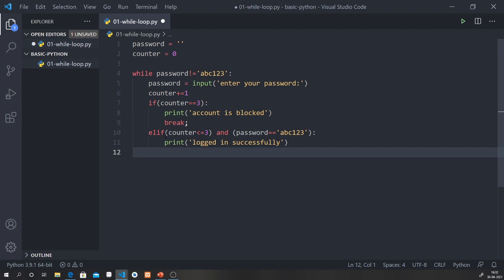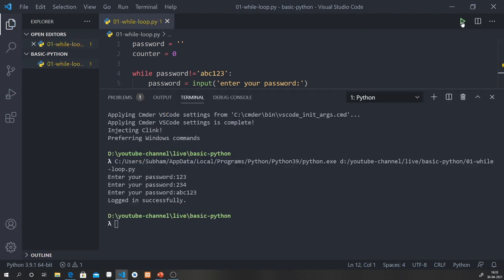So we are not typing break here. You might ask why we are not typing break here. We can type break here, but it is not required, because whenever this statement gets qualified and the while loop reaches this statement again, the password will automatically be equal to this one. So the while loop will stop immediately. So the break statement is not required here.